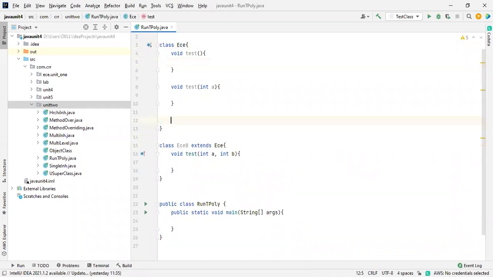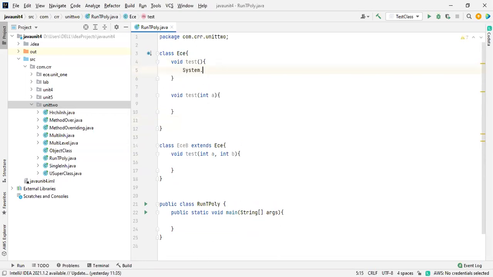So many methods are not necessary for us. System.out.println, and this is a default method, in the sense there are no arguments over here. I will take it as without arguments.